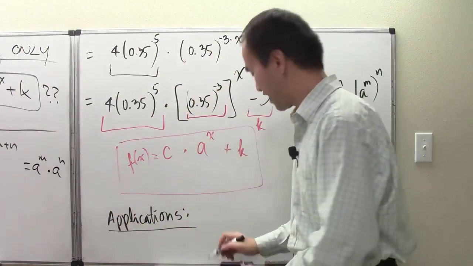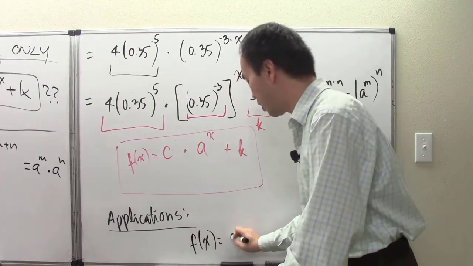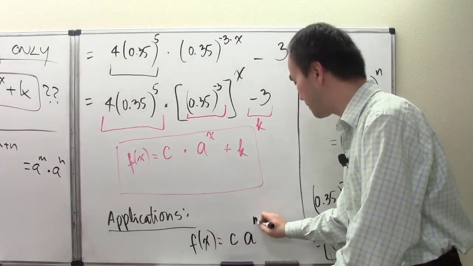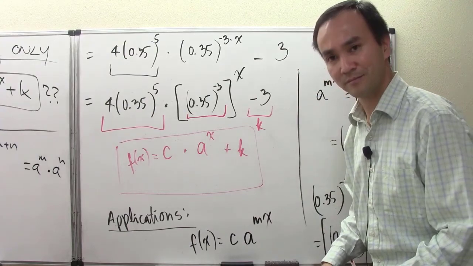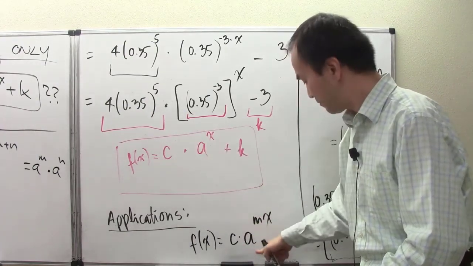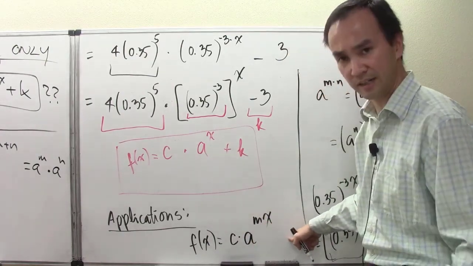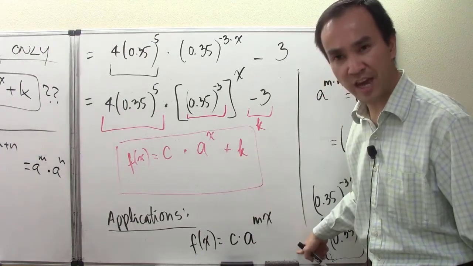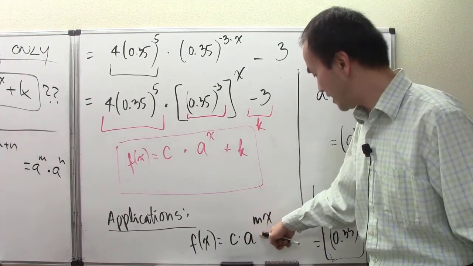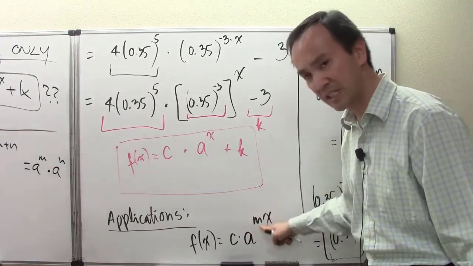When it comes to applications, we will a lot of times focus on the kind of function where it's a coefficient c multiplied with a value, but then to a power mx. Okay, c times a constant coefficient like that, but instead of an ordinary x, just mx. And of course, this short form right here is a plus k, where k is 0. So now you have just learned that trick right here: a to the mx, and provided m is a coefficient in front of the x, then a to the m itself is